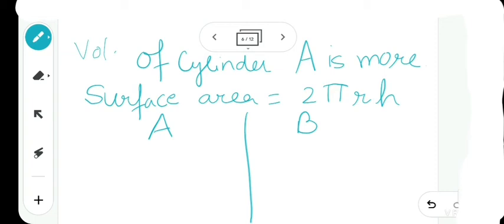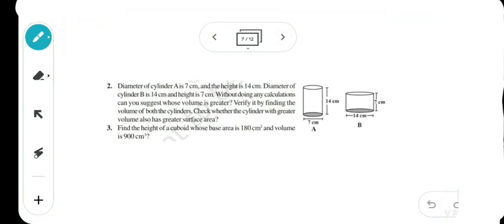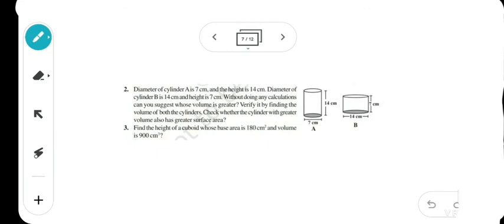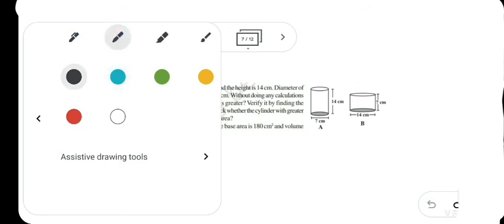Okay students, so I hope you understood this word problem. Please, if you don't understand, just replay the video and watch it again. Try to understand. Any doubt, you ask me. Now next we are going to do the second question. You need to write all these solutions in your notebook.